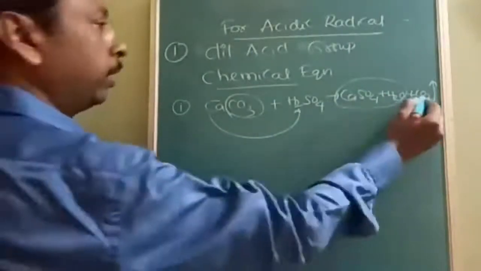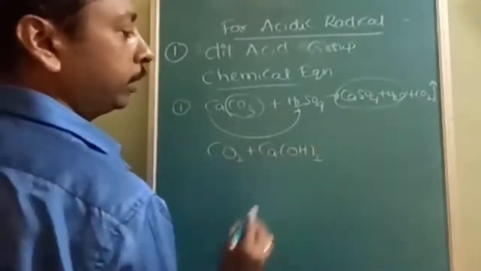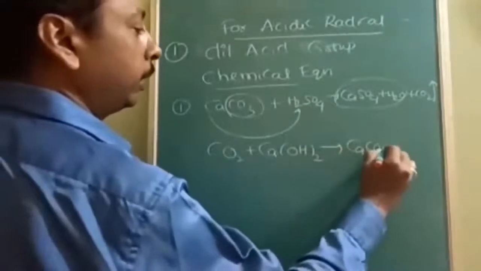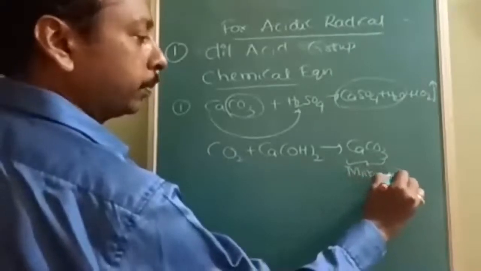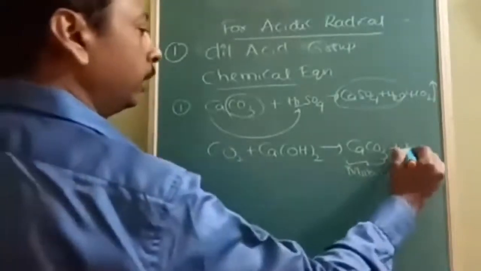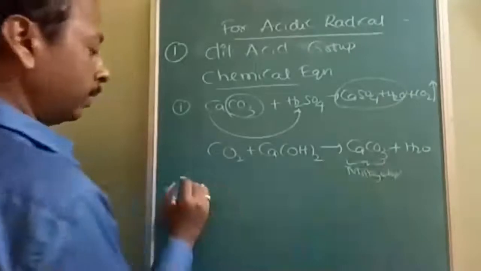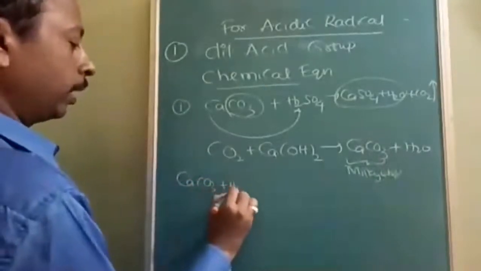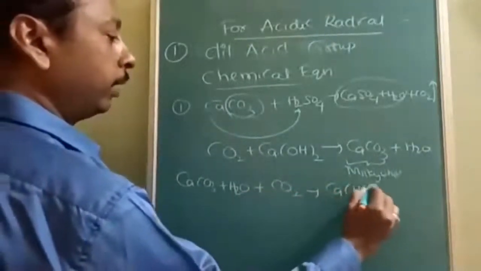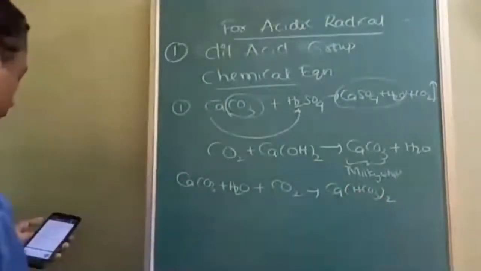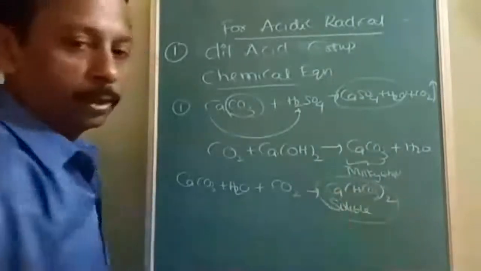And to confirm, the coming out gas is passed through lime water. What is lime water? Calcium hydroxide. Here it forms what? Calcium carbonate. This is responsible for the milky white. And H2O will be coming. Understood? Now, if excess CO2 is sent, with CaCO3 and H2O already present, it will convert into calcium bicarbonate. This is not milky, because it is soluble. So the milkiness disappears. Is it understood?